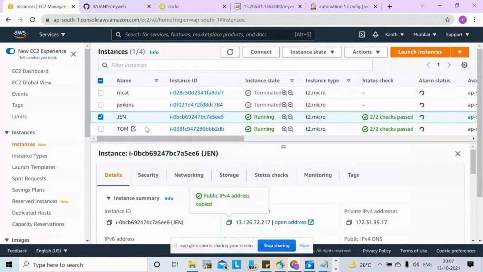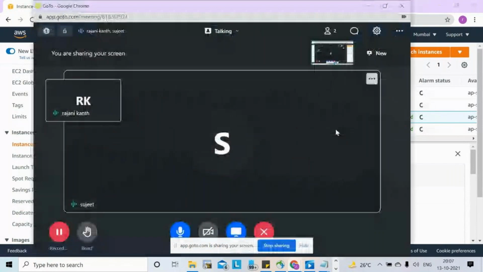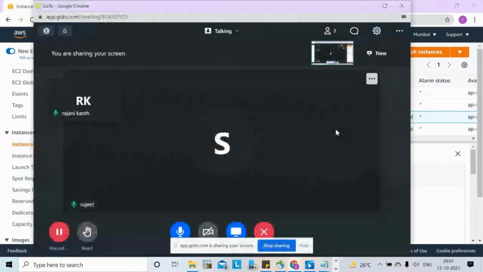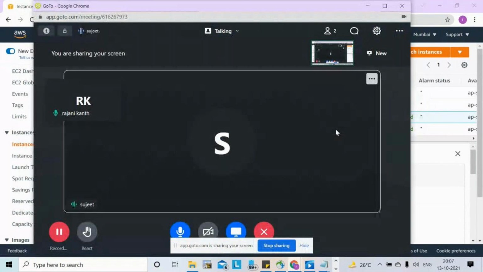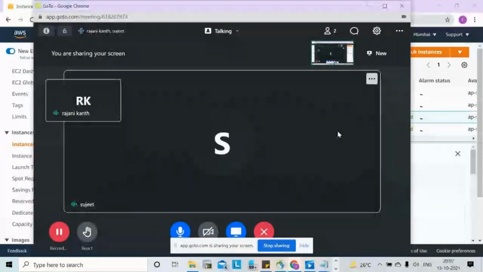So will you be copying the same notepad or a different notepad for Maven and all those things? I will share on the same notepad. I will mention the sections there for Jenkins, for Tomcat, like that. Maven also. Okay, yeah, sure. I will practice this in the next 2 days.